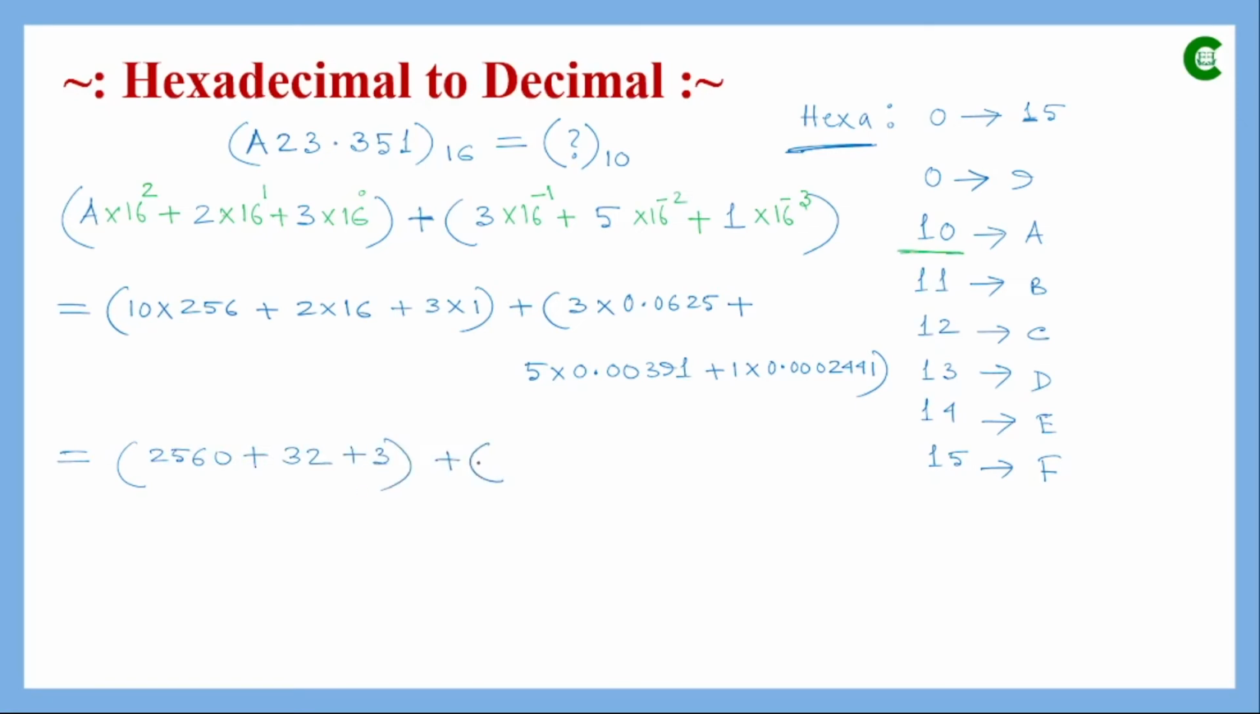The fractional part will be... the first value will be 0.1875. I repeat, this is an approximated value. Then the next part will be 0.01953, and then the last term will be 0.0002441. Now if we further simplify, then the final number will be